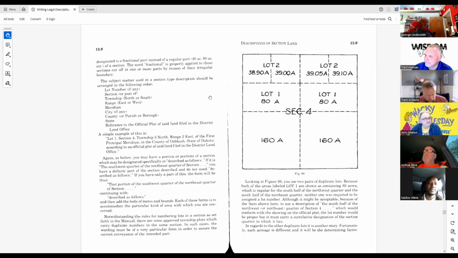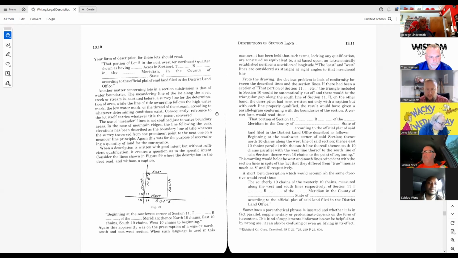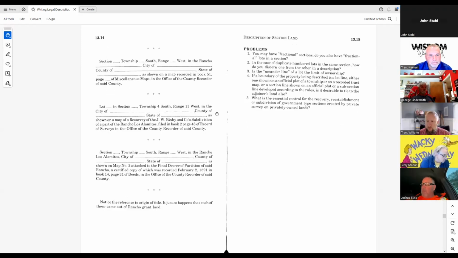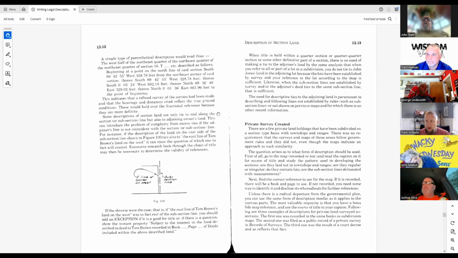I didn't have much more than that. I think we've probably hit on sectionalized enough, but I just want to talk about some of the things that are in here. It's a rather short chapter, just to give an introduction to those that haven't had any experience with it. John, you've got your hand up. Go for it.